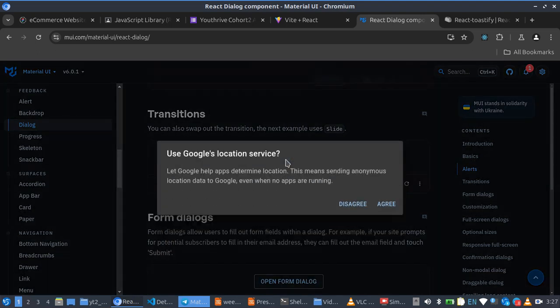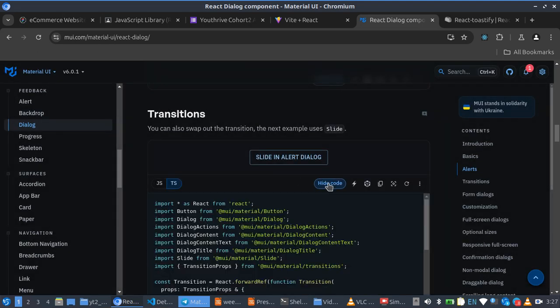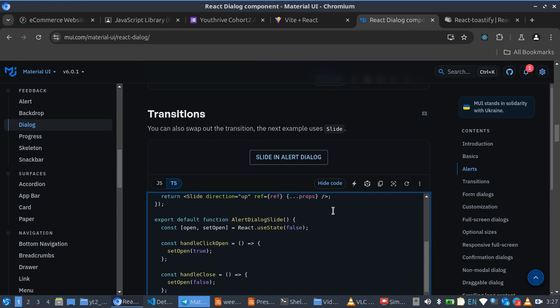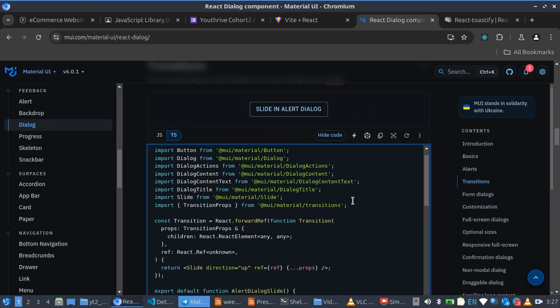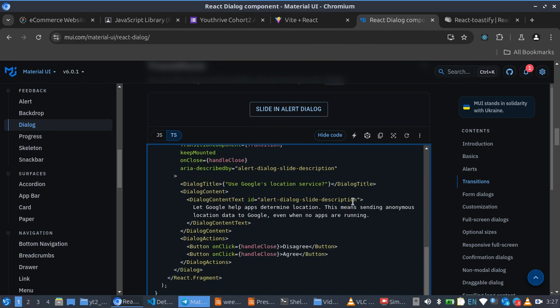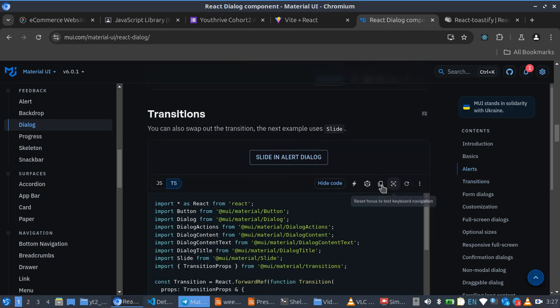So we want to use the sliding, agree, disagree, so we can change this text if we want. So I'm going to show the code. So this is how the code looks like. Then we have this component. So what I'll just do is to copy this as a component. So I'll copy this like this. Then I'll move to,